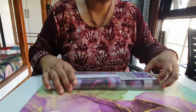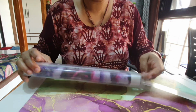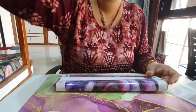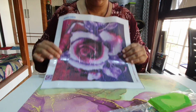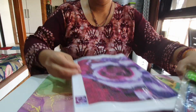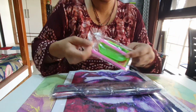So I had forgotten to tell you all that this is good for de-stress and improving your concentration, just like mandalas. So this comes with this beautiful pic. I guess everything is visible, and I'll just tape it down here, and these are the tools